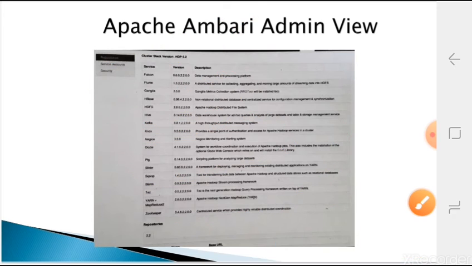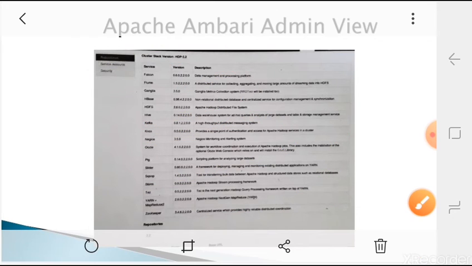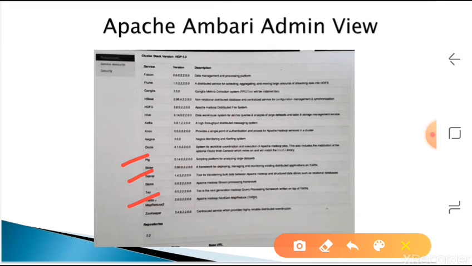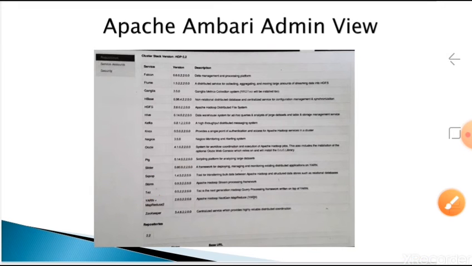If you want to modify these things, you can click on these individually. When you click on them, it will open a new tab, then you can modify it. And like that, it will come as help. In help, you can upgrade the version, all those things. You can also uninstall.